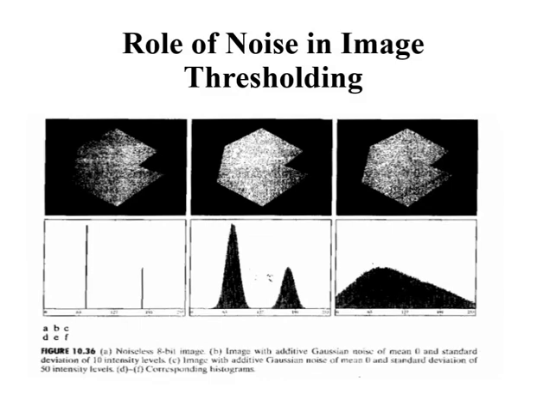Figure C shows the result of corrupting the image with Gaussian noise of 0 mean and a standard deviation of 50 intensity levels. The histogram in Figure F shows the situation is much more serious now, as there is no way to differentiate between the two modes. Without additional processing, we have little hope of finding a suitable threshold for segmenting this image.